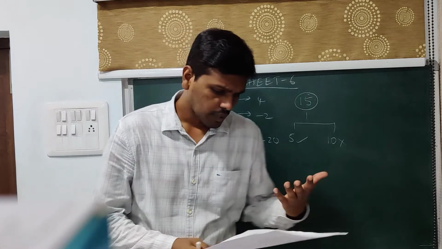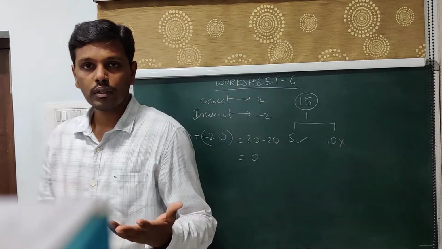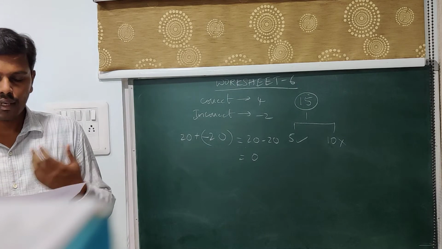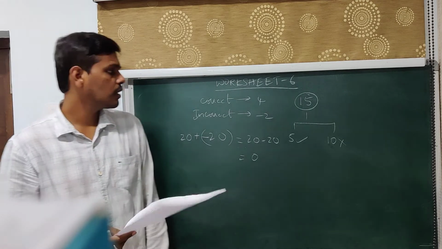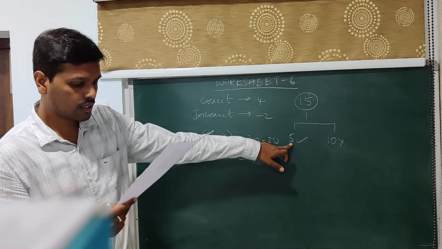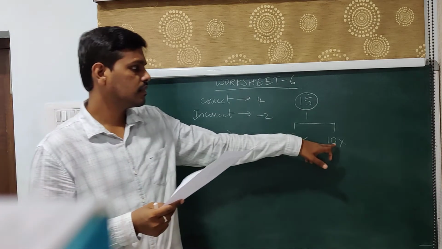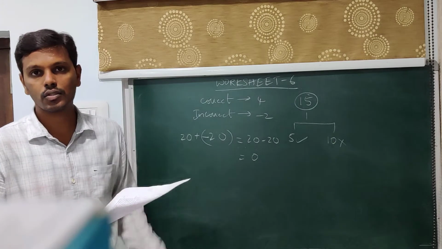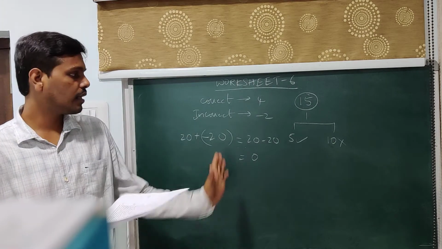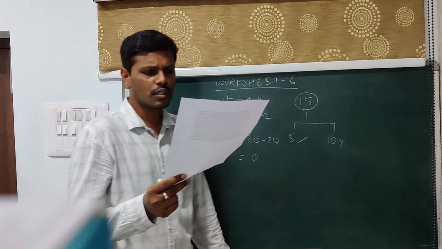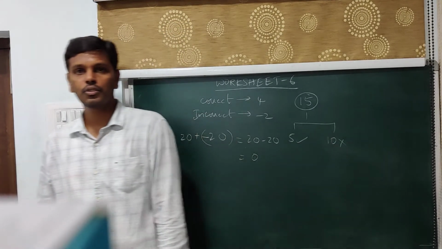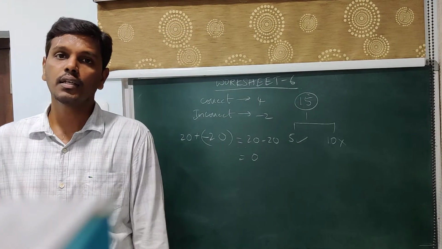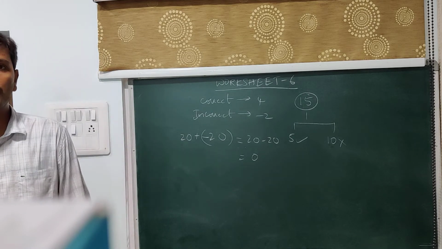Now the question leads to 2 dimensions of thinking. One is, here I have assumed that she has attempted all the questions. Hence I can say that when she has written 5 correct answers, then she would have written 10 incorrect answers. So that is the assumption which I have made and I have gone with. And also the question leads to another assumption that she might have answered only 5 questions and left the remaining 10 questions. That might be a probable case.